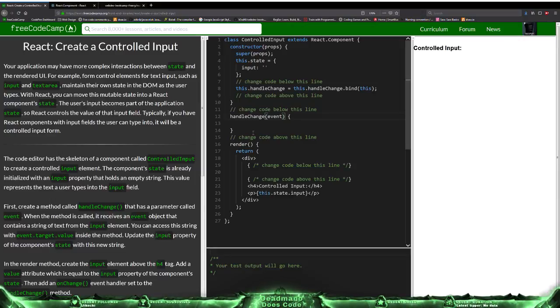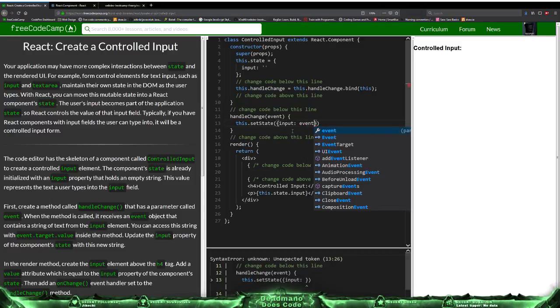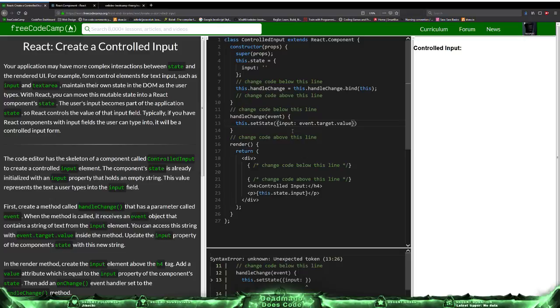Update the input property. Oh, the input property. Okay, so this.setState, input becomes event.target.value. That should be it. And then in the render method, create the input element above the h4 tag, so over here,